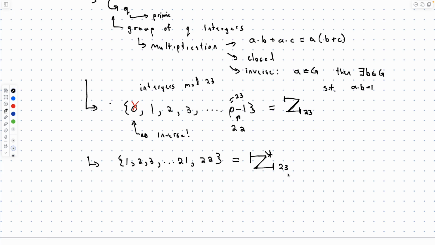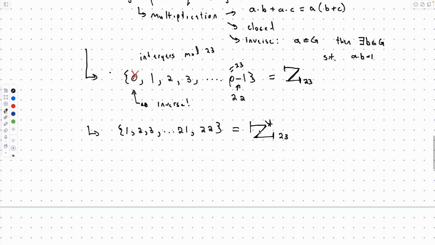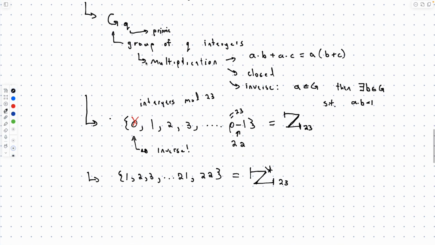Technically, I think it means every element is invertible. So all the elements in Z23 that are invertible, but for practical purposes, it's just 0 that we exclude. So yeah. Okay. Now, when you first learn cryptography, if you take 6110, you might use this group. Okay. It's not actually secure for reasons that are already on the slide,